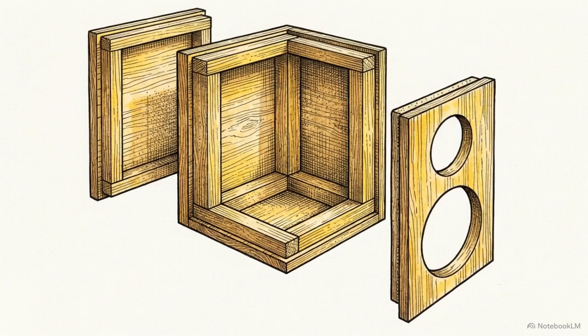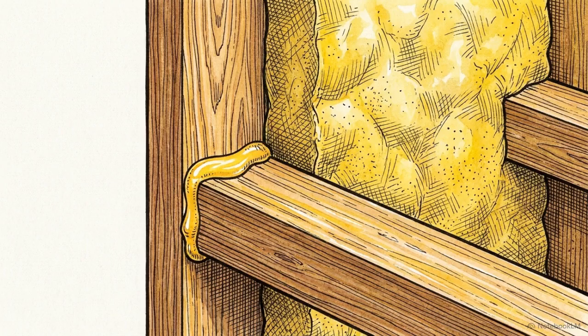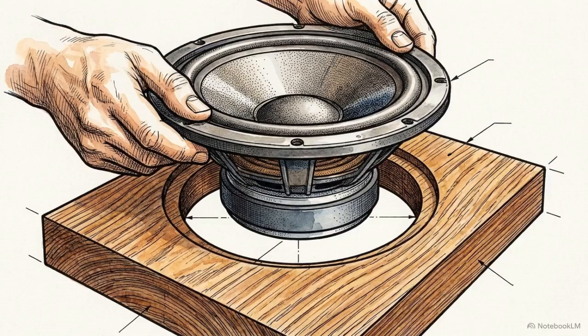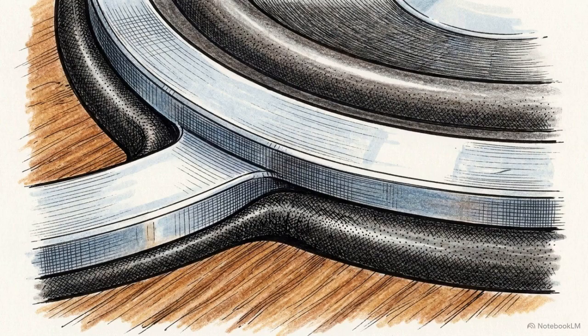The internal depth of the enclosure must be at least 1.5 times the depth of the speaker magnet to allow for proper acoustic loading. The enclosure also demands extreme structural rigidity. Using internal battens, heavy applications of glue, and fiberglass damping material ensures the box itself will not vibrate and color the sound. Finally, the drivers must be front-mounted. The box has to be perfectly airtight, and attempting to service rear-mounted speakers would require breaking the acoustic seal, ruining